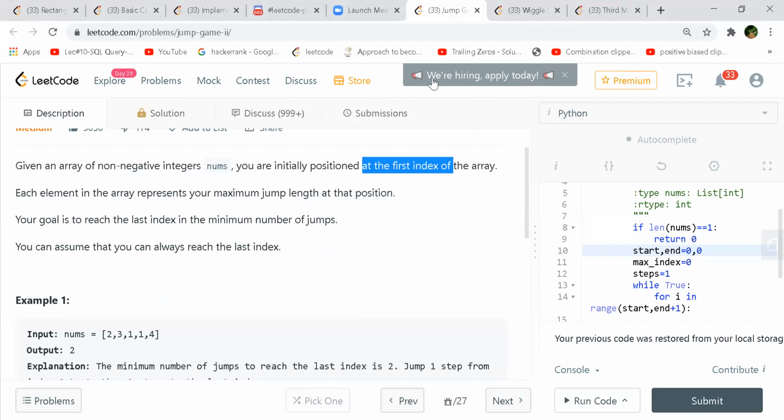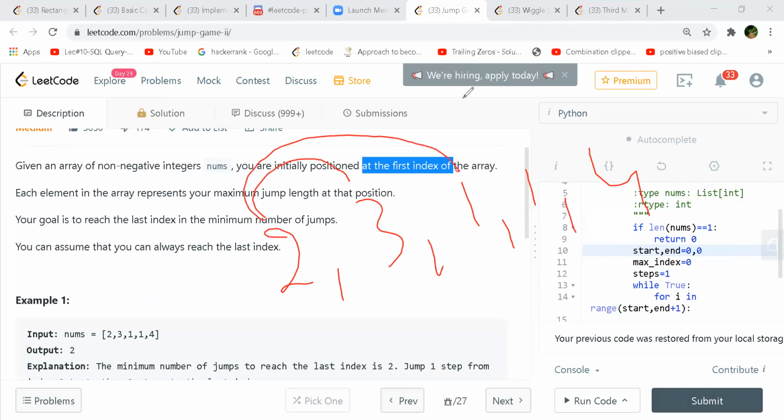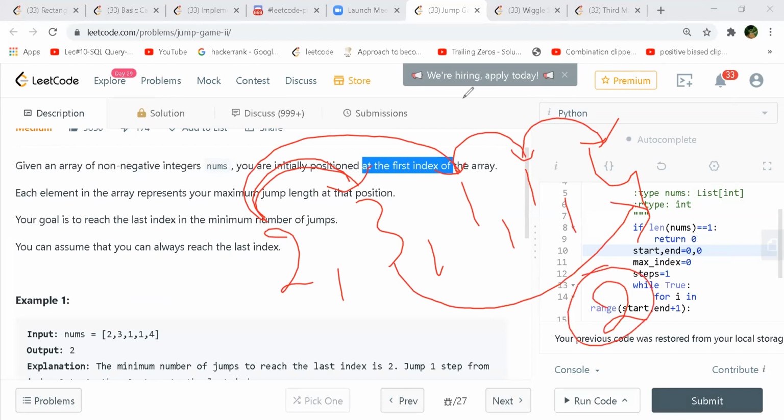So if you look at this example, 2, 3, 1, 1, and 4. I mean, 2 jumps at max you can take, right? If you take this jump, then you will be here, here, and then here. So 3 steps by that route. But if I take this jump, it will directly fetch us to here. So the one below will take 2, and this will take 3. So this is the minimum. Minimum is 2 here, right?